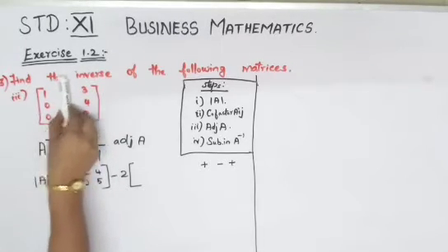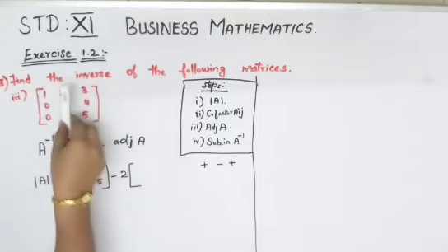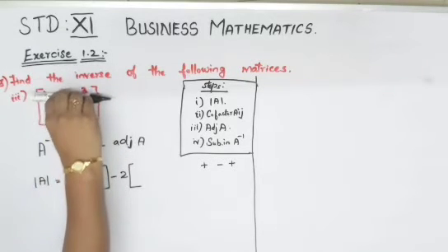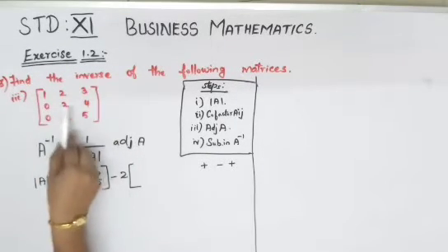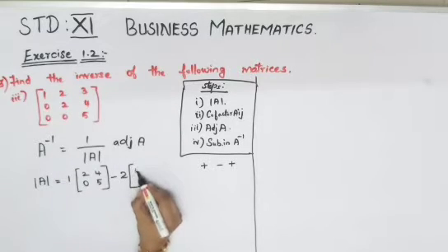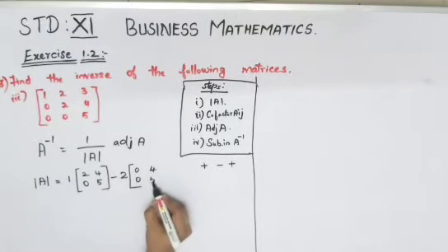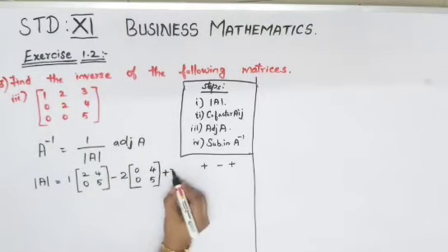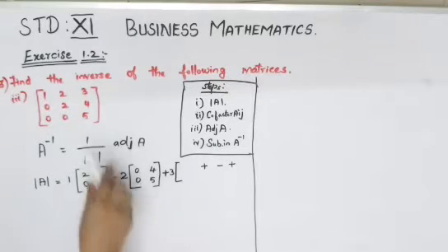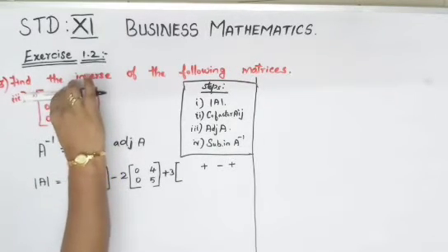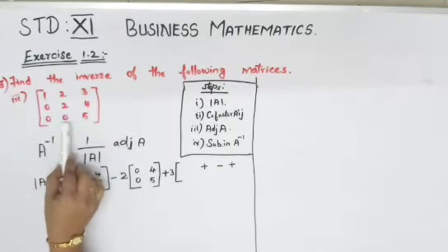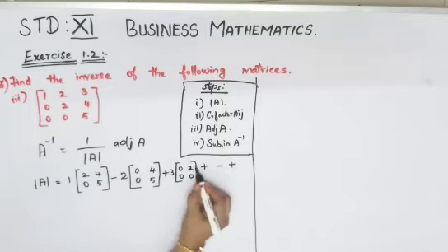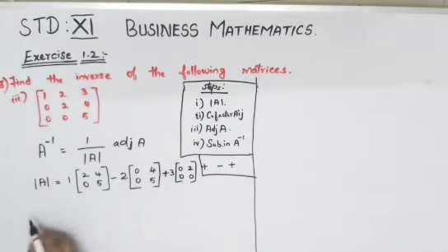So this column and this row you will have to leave out. Whichever column the number is in, you have to leave that column, and the row you have to leave as well. So the left out is 0, 4, 0, 5. Then plus. The last term is 3. Then open your bracket. The regarding column and row have to be left out. So what is there? 0, 2, 0, 0. Okay, now you have to solve it.